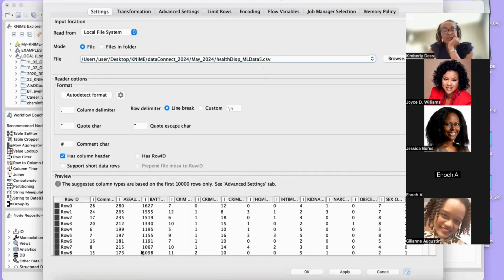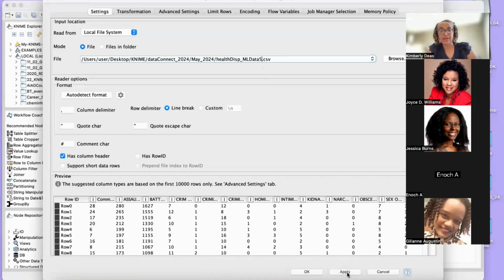Okay, so it comes up. It's only going to show us the first 10,000 rows. Okay, right. So that's the only other thing you need to know about KNIME, is that there will be a limitation on what you can view, but that has nothing to do with what it can process. You can only see 10,000, but I think the most I've ever done is maybe 50,000 in KNIME, and that's quite a bit of data.